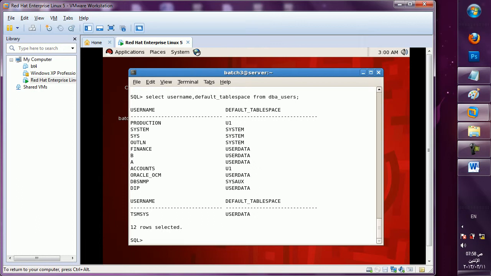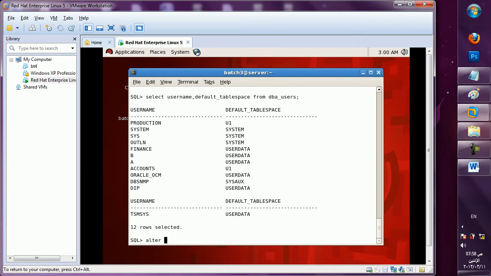Okay, now I want to take the backup of, you can say, the system file. This system file I want to take the backup of. My database is in running mode now. How to take the system backup? Copy the system data file to that hot backup folder. Okay, what we have created.